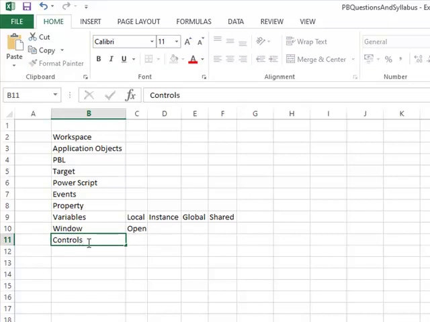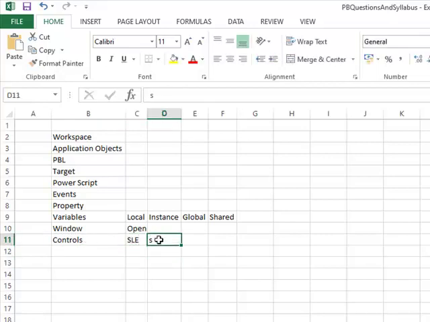In controls, what we have seen: SLE, single line edit, and static text.